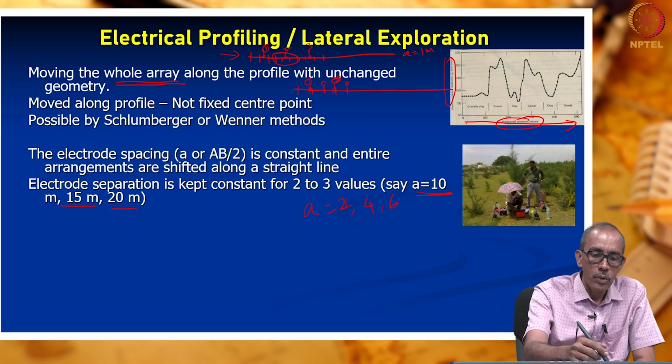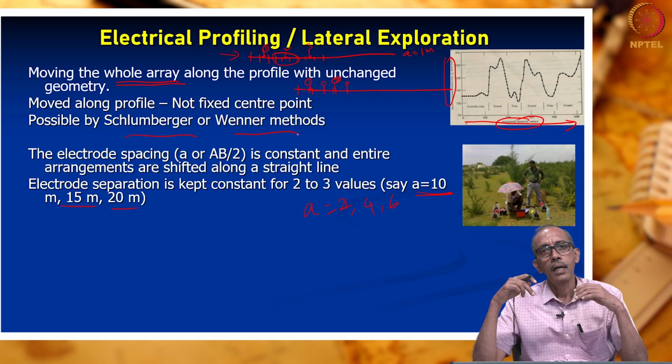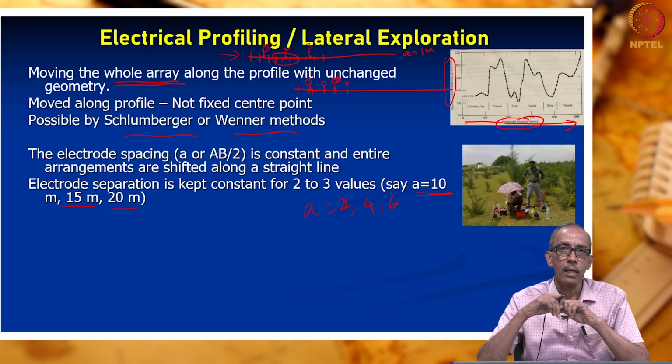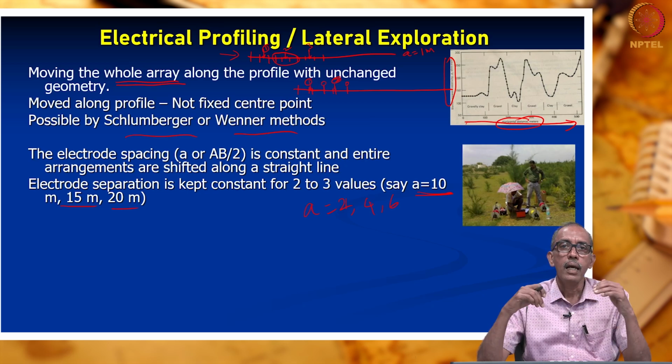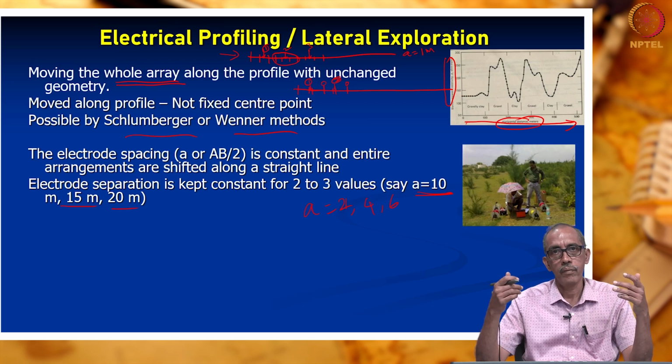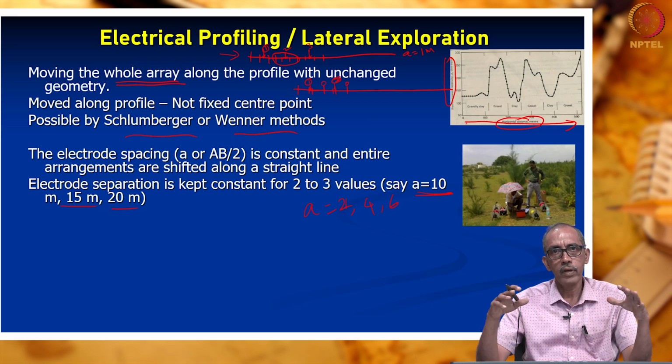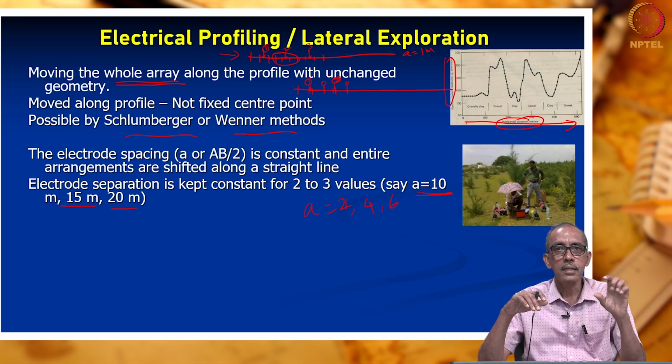Though we said we can use any electrode configuration, which arrangement is better to carry out profiling? Is it Wenner or Schlumberger? It is actually better to use the Wenner arrangement for profiling. Why? Because there won't be any confusion when you carry out the survey in the field, because it is very clear to us we are doing the Wenner method. According to the Wenner method, distances between the electrodes are the same.